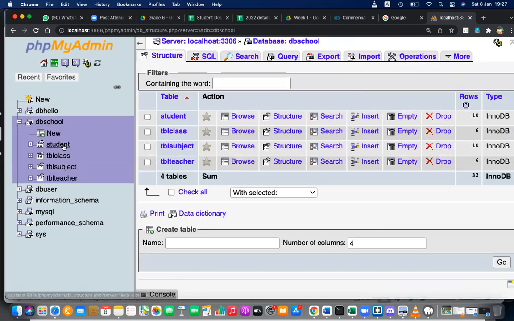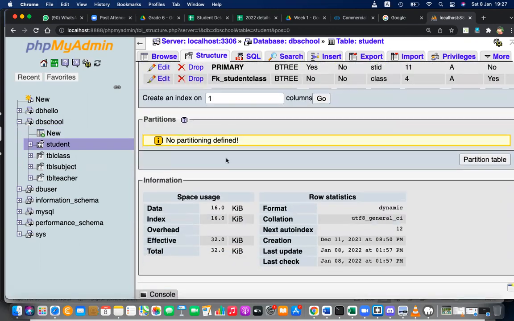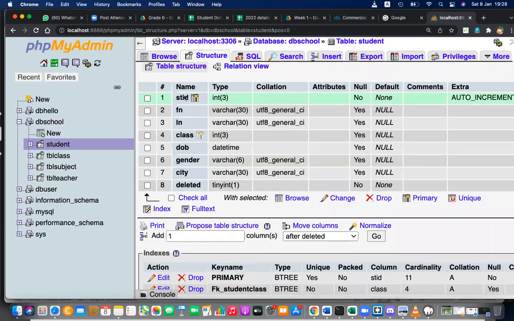In that we have tables, and you can see these are the fields in this table: student ID, first name, last name, class, date of birth, gender, city, and